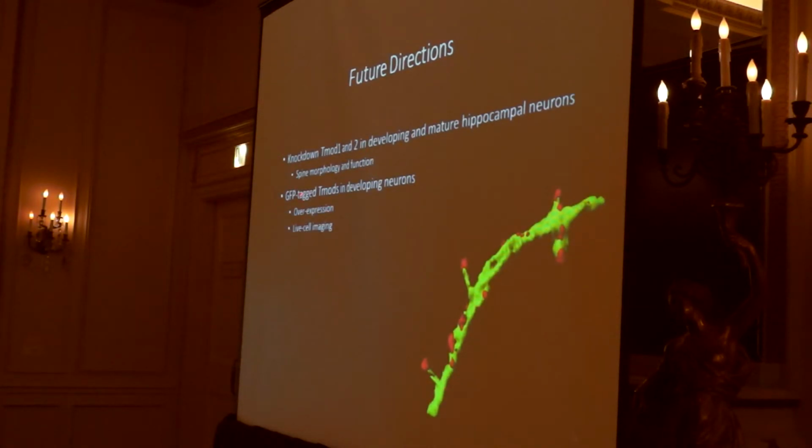And in the future, of course, I will use my knockdown constructs to actually examine synaptic function and morphology. I will also be overexpressing my GFP-tagged tropomyosins, which I was just able to generate for tropomyosin 1, in order to do the corollary experiment to the knockdown. And then, of course, I will be doing live cell imaging using these tropomyosins to see where in development tropomyosin molecules enter the spine and how they're regulated in accordance with actin